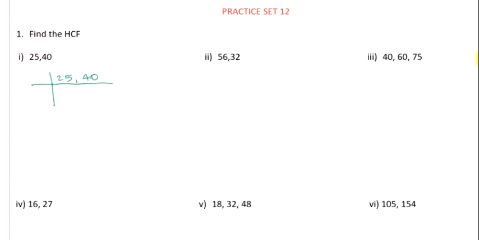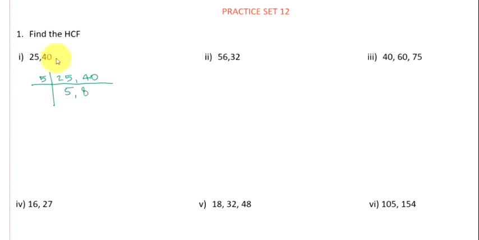Write the two numbers one next to the other in this manner, 25, 40. We have to search for a number such that the number is divisible by 25 and 40 both. So very clearly it comes to our mind 5 is the common divisor. When you divide these two numbers by 5, we have 5 5s are 25 and 5 8s are 40.